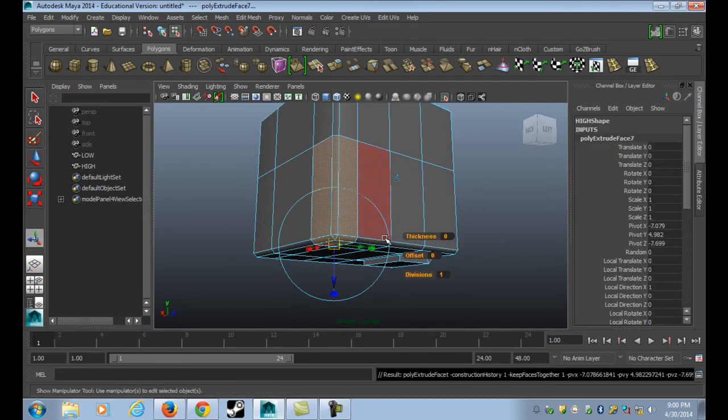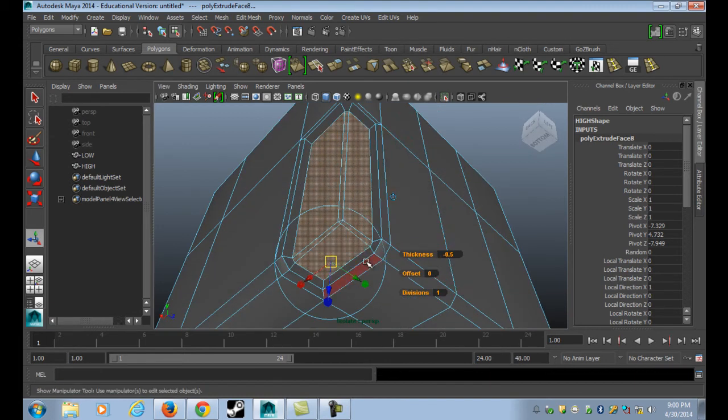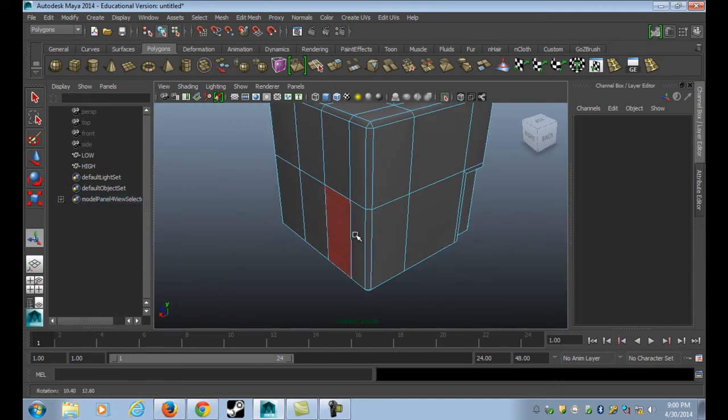And I'm going to hit G, have that offset, hit G. This time I'm going to have this go in. Now don't go too far into where these intersect, just enough to where they're not going to mess up. About right there. And then now this side,